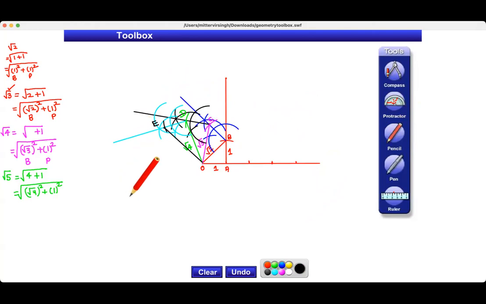You will get a square root spiral. You can make it as long as you can, right? You can make it till root 17 or root 15, right? So try to make it,